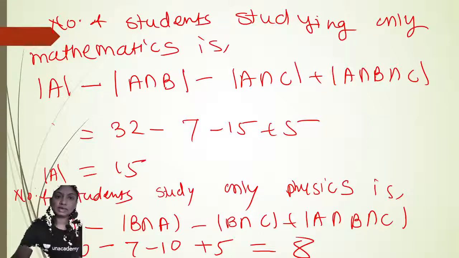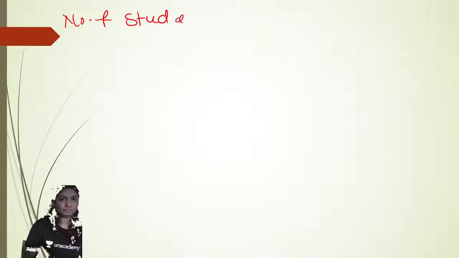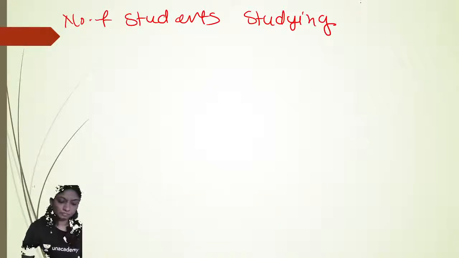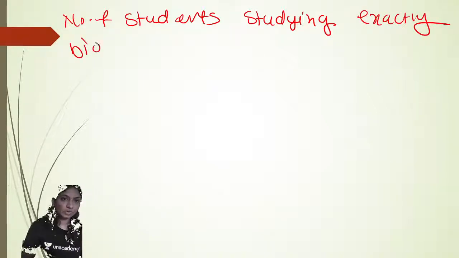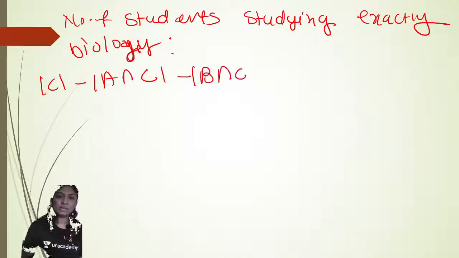Now we will find out the number of students who study exactly biology, right? Only biology. Number of students studying exactly biology only. Okay, then cardinality of C minus cardinality of A intersection C minus cardinality of B intersection C